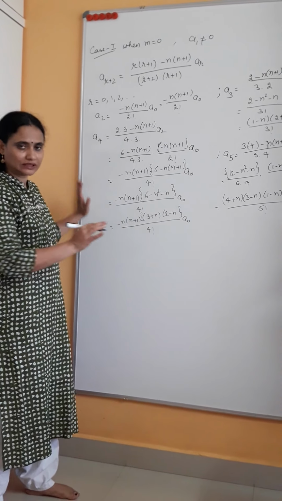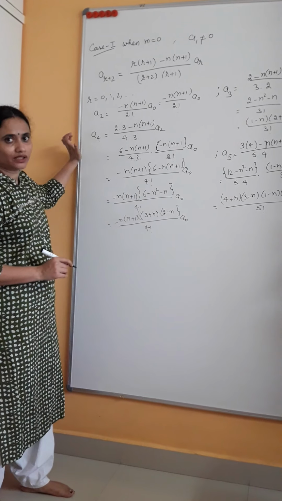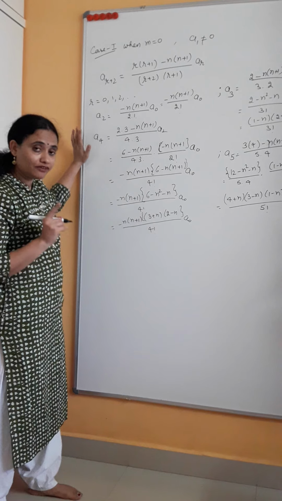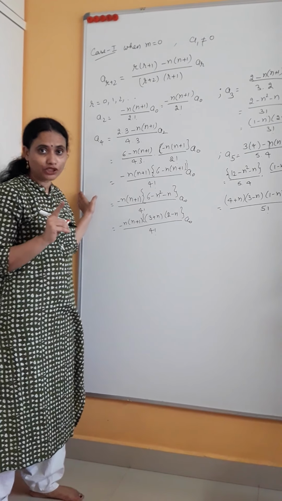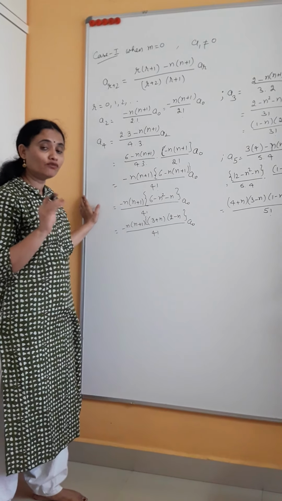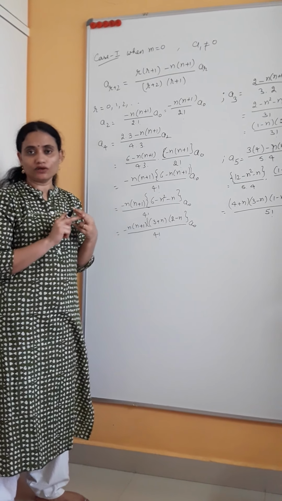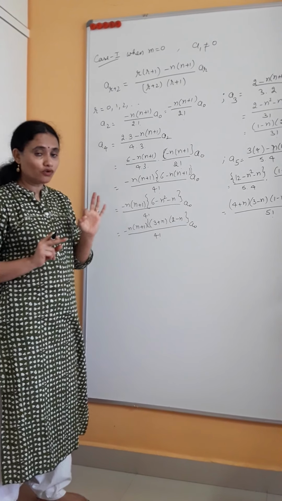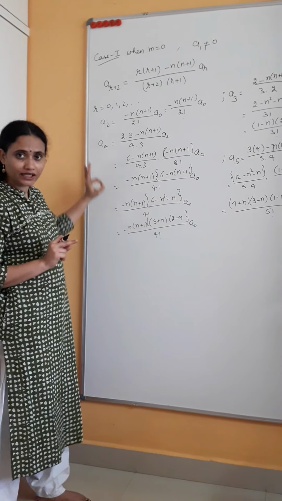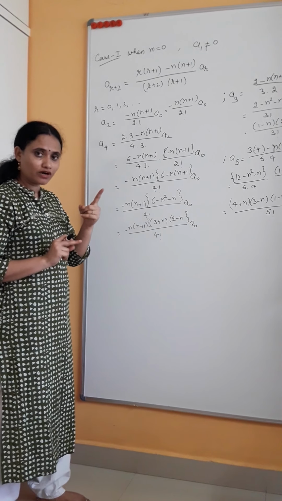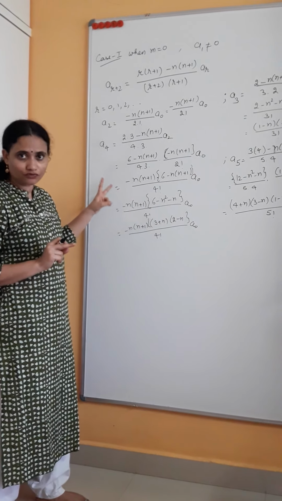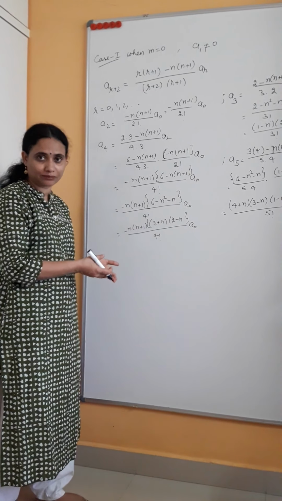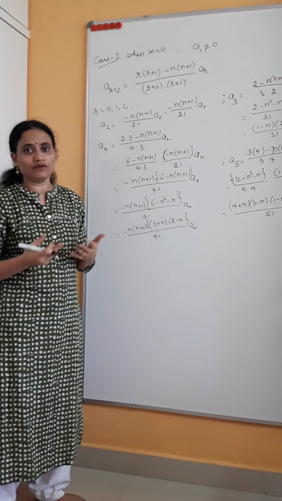So now we have to summarize this solution. Why are we finding all these a0, a1, a2? You remember that we assumed the solution in equation number 2. So whatever we assumed in that, what were the unknowns? m and all the a's. So m we have got, m equal to 0 and 1. So for 0 we are finding all these constants. So m we have found, and now we have to find the constants, that also we have done. So once we are able to find out the unknowns, we have to substitute back in the assumption and summarize, or find, the answer.